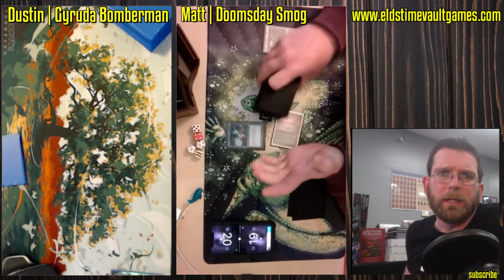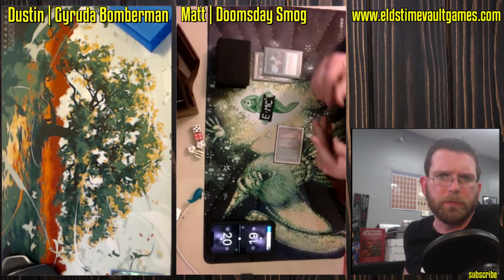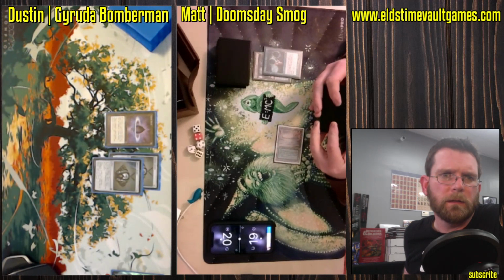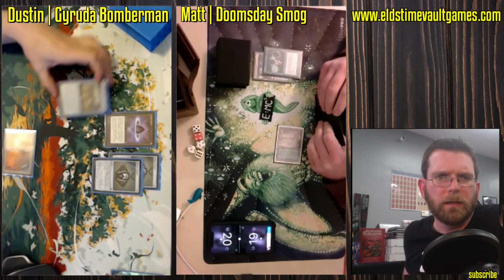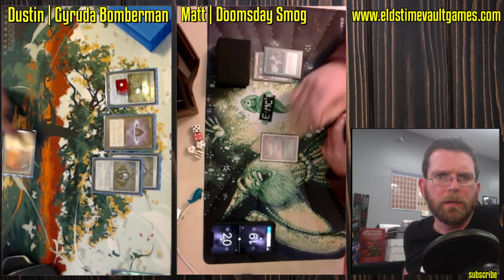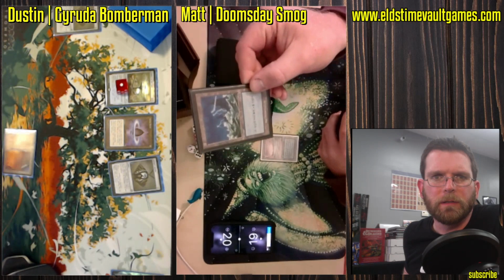Here, with a Doomsday Smog list. Previously, we've seen him playing Elves, Eurekatel, Delver variants, Alurin. Matt with an excellent collection capable of playing most anything that he would like and think is well positioned in the metagame. One of the things that happens when you play for many years,